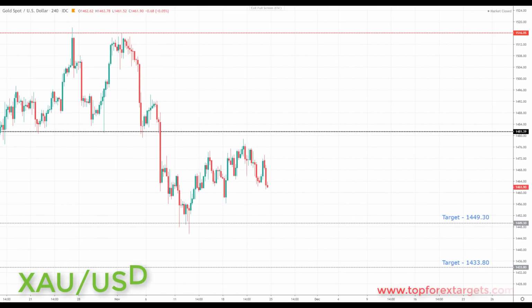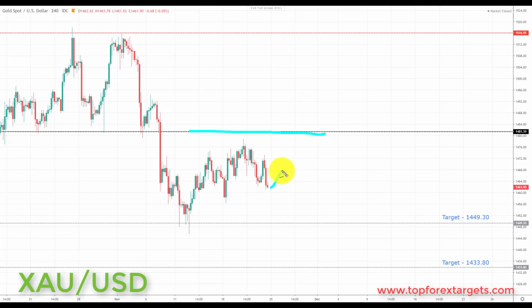And last but not least, we have gold. Now, last week we were looking for a pullback towards the key area of broken support, turning resistance at 1481.390. We did get a pullback towards this area, but we stopped just short of this, and started to decline to the downside. So very simply put, for anybody who is looking to trade this next week, what we're looking for is